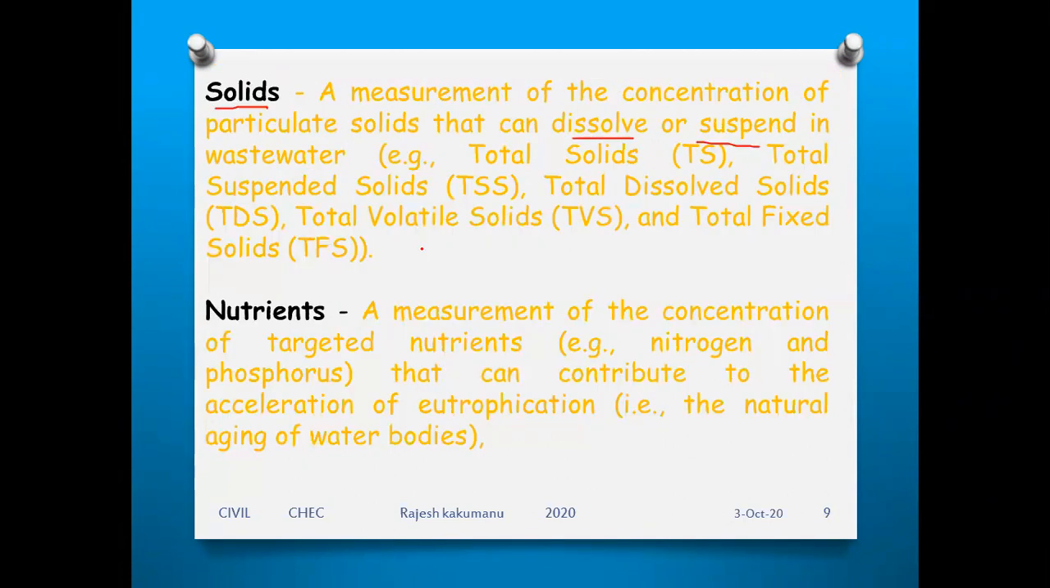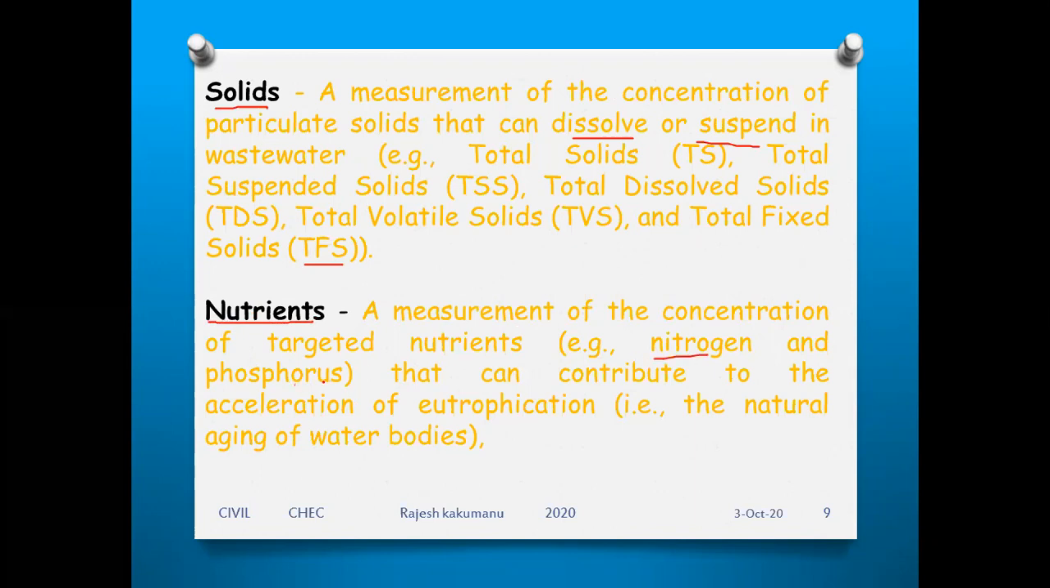If you are testing the solids which are dissolved or suspended, it is again divided into 4 categories. One is total solids, TS, total suspended solids, TSS, total dissolved solids, TDS, total volatile solids, TVS, and total fixed solids, TFS. Right? Next, coming to the nutrients in the wastewater, a measurement of the concentration of targeted nutrients, for example nitrogen